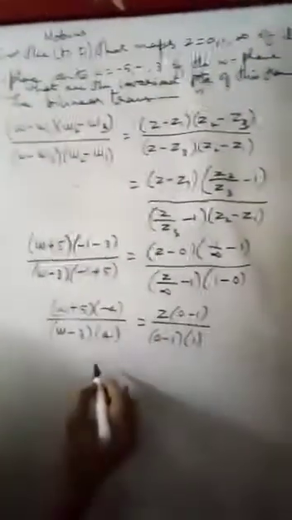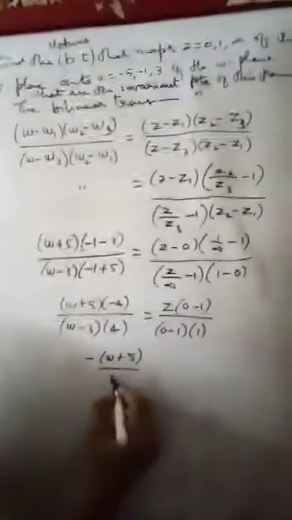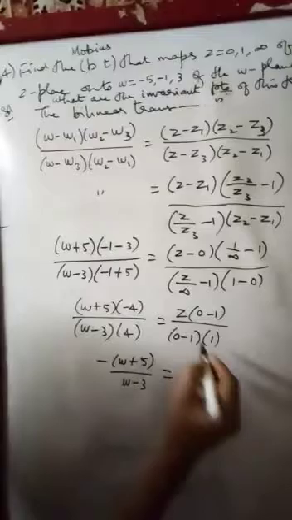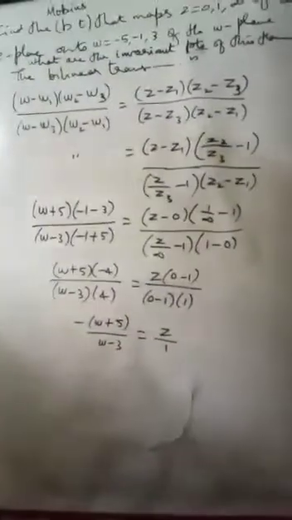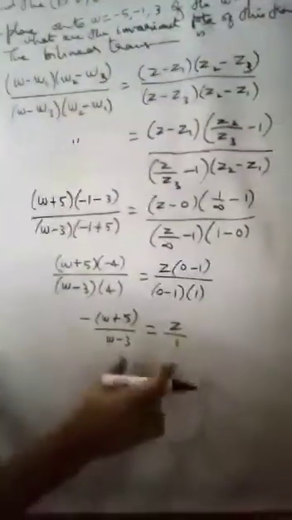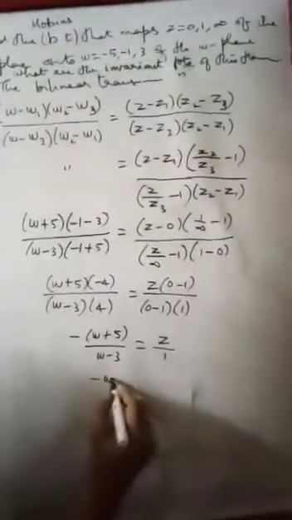So here 4 gets cancelled, here minus 1 gets cancelled. So what is the remaining term? Minus omega plus 5 by omega minus 3 equals, here the remaining term is z by 1. No need to write that, you can write it if you want. Now from this you have to find omega, so you cross multiply and simplify. Minus omega minus 5 equals, I am cross multiplying this,